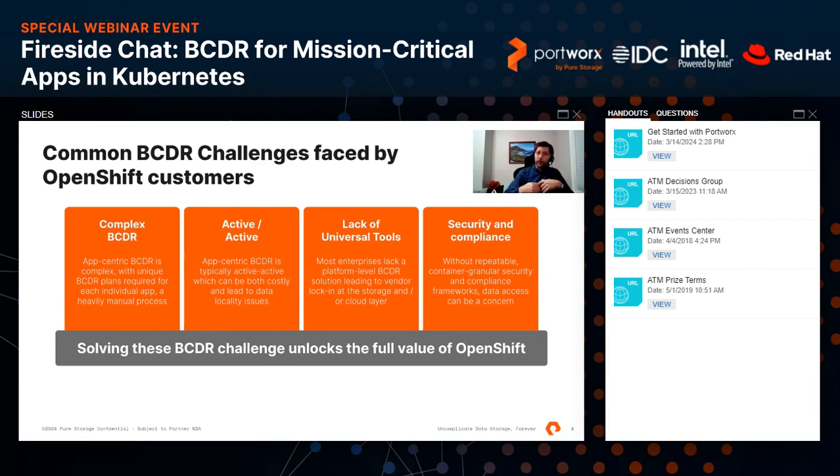All of those things, like, for example, on this slide, we have active, and maybe you have an active deployment in a metro cluster, but then you might also have an active clusters where you have applications that are active in each of those clusters, but they're passive to one another. So you have an active-passive on the application granularity and active on the clusters.